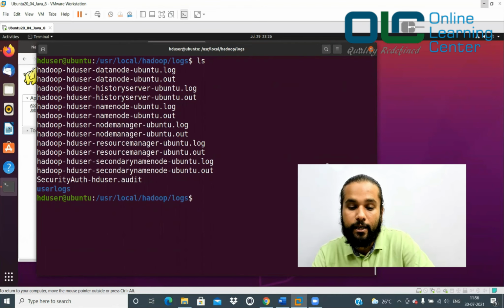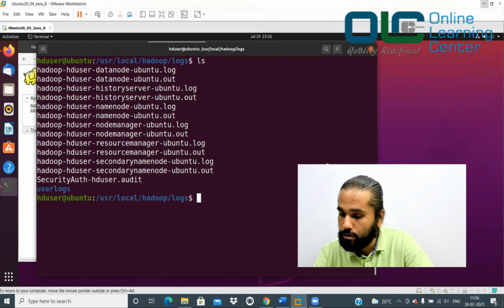Similarly, if you have a problem with any other daemon, then please go ahead and check these files. This file will tell you whether there is a permission issue, or a formatting issue, or whether you messed up your XML entries. That is what I see very commonly from people. They come to me and say, my Hadoop is not running. Your Hadoop is not running just because you have messed up in one place or another. So please be very cautious.